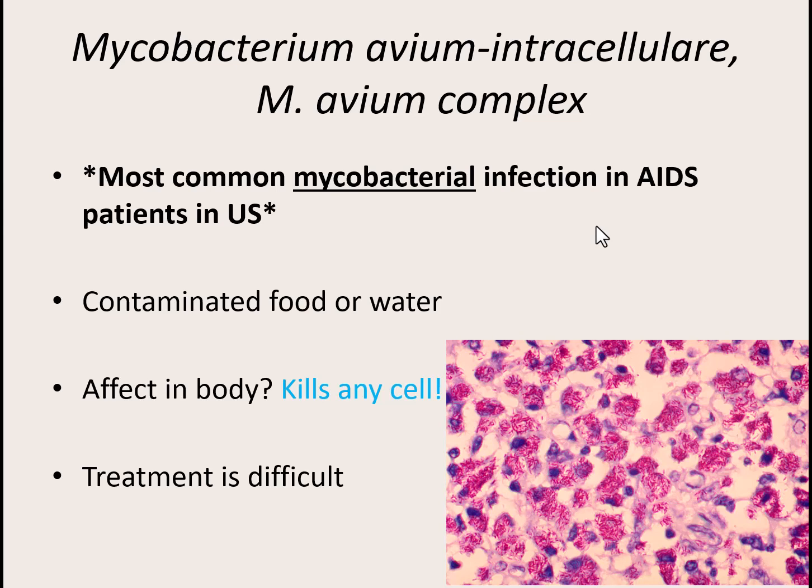We're going to get into a lot of things that cause issues with AIDS patients because, again, they just do not have a working immune system. Of the Mycobacterium, of those 3 different species, this one is usually the most common Mycobacterium infection in AIDS patients. Healthy immune systems usually have no issues or any long-term effects from this bacteria. It's usually picked up from ingesting contaminated food or water.